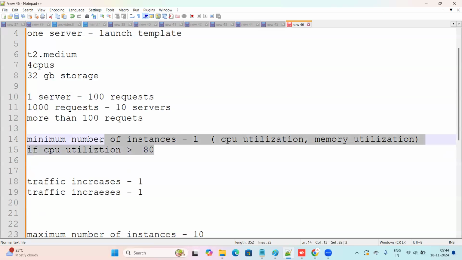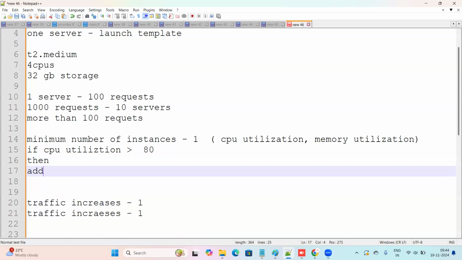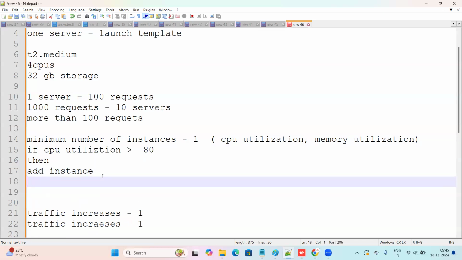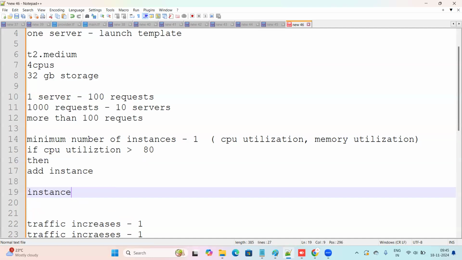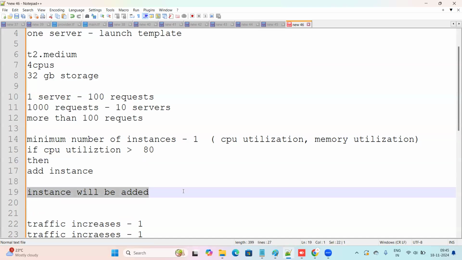If the CPU utilization of this particular instance is greater than 80, then it will add one more instance. We are going to write some metrics: if the CPU utilization is greater than 80, then add instance. Okay, this is the condition. If the CPU utilization of instance 1 is 80%, then add one instance. So that instance will be added. Try to understand, this instance will also get ready to handle the traffic. Again, if the load increases,